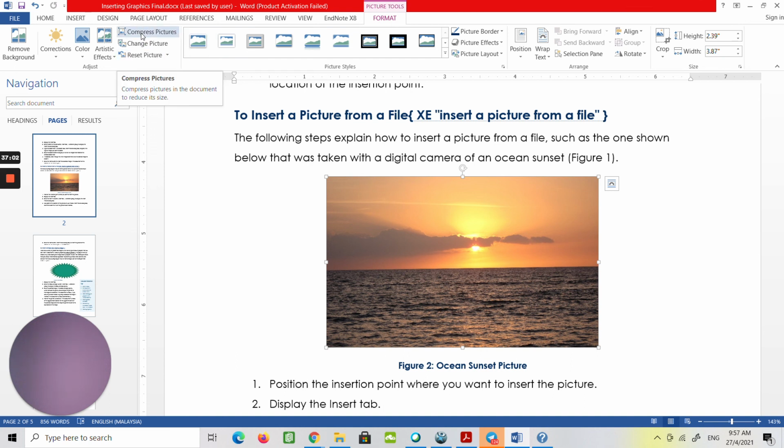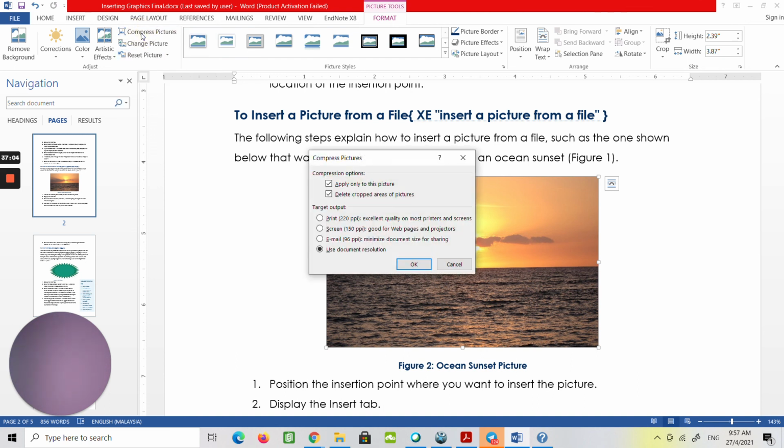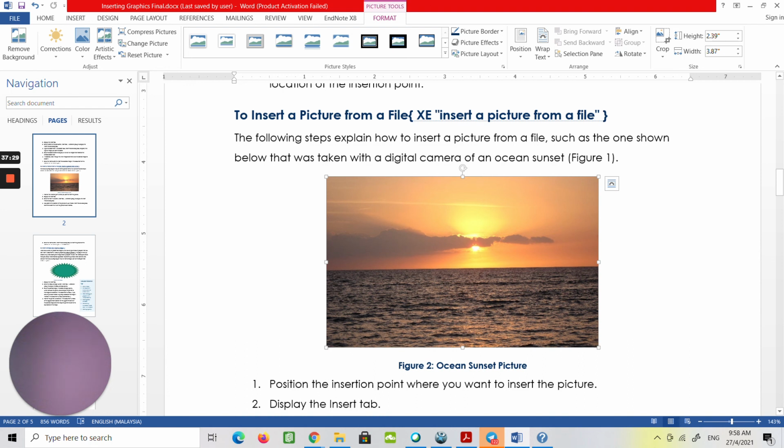Click the Compress Pictures button to display the Compress Pictures dialog box. If the Apply only to this picture checkbox contains a check mark, remove it. So you need to apply to all pictures. Okay, if necessary, click Print, so excellent quality on most printers. Click the OK button to compress all pictures in the document. So we compressed all pictures. Alright. Okay. So done on page